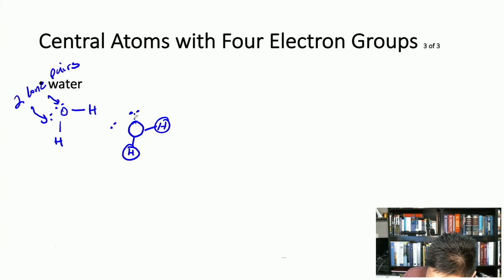So if I connect the lines between all the lone pairs and the hydrogens, right? I make another tetrahedral. These are lone pairs right here. I know you can't see them, so maybe I should make them darker. There we go. We make another tetrahedral electron group,